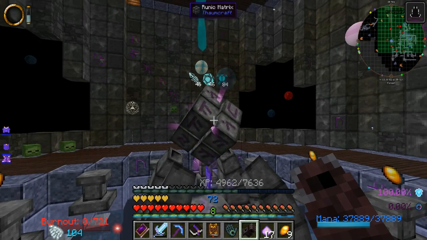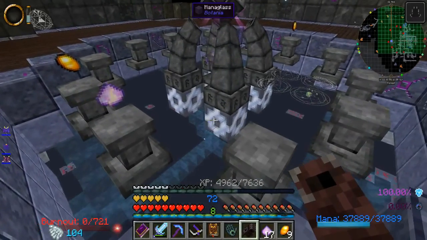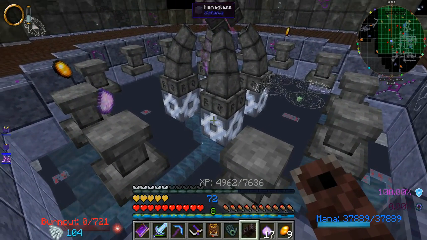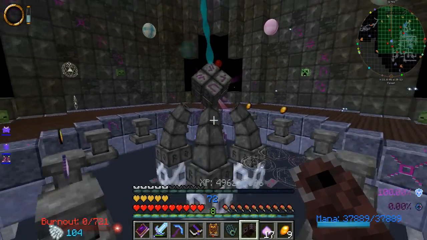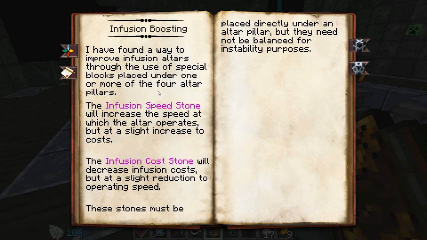So that said, I think it said 90 there. So 4 of these gets me a 10%. That's honestly not that impressive. I was hoping it'd be higher. I haven't checked to see if maybe stacking these lower will help, or if I can only do